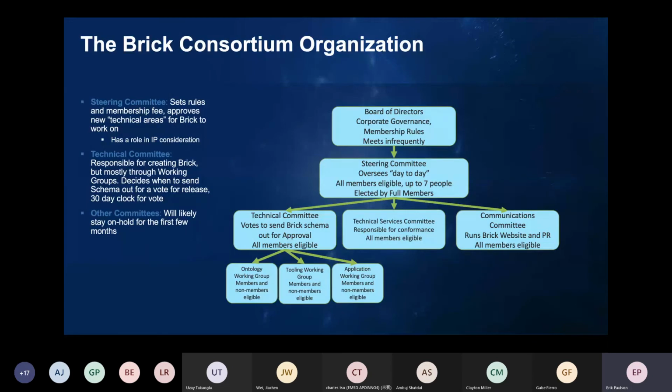So now I want to talk a little bit about the Brick Consortium. We started at the bottom of the organization structure with the working groups, and I'm just going to work my way back up to explain the rest of it. First off, the Brick Consortium is a bigger organization than we need right now.